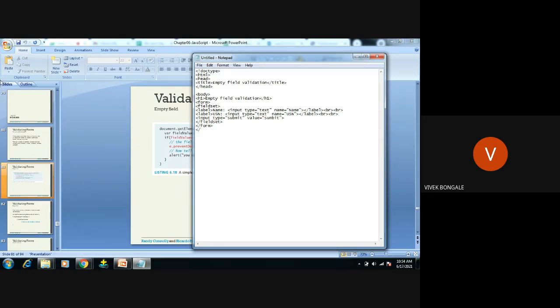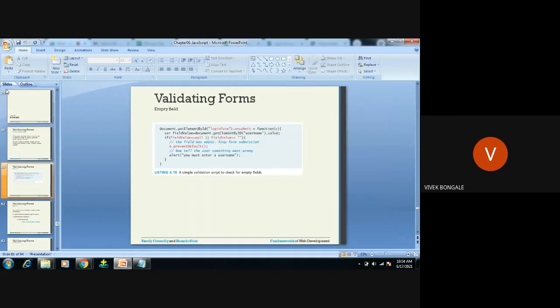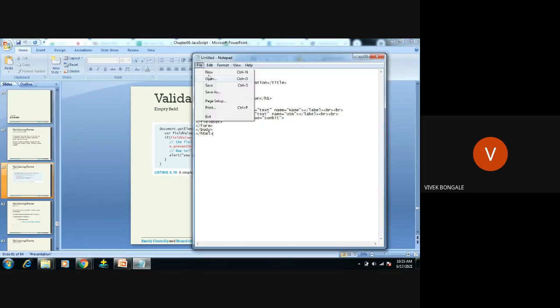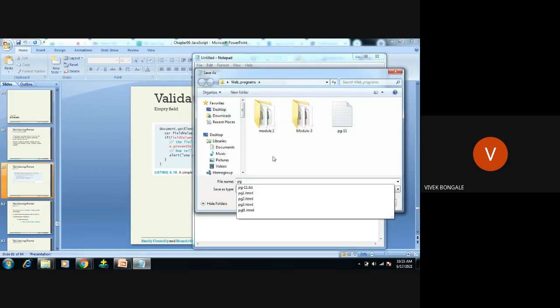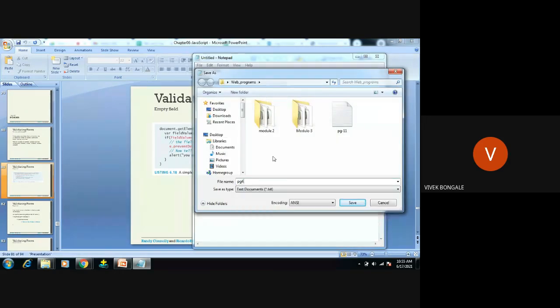Okay, so close the body and close the HTML. We'll check whether program code.html, save.